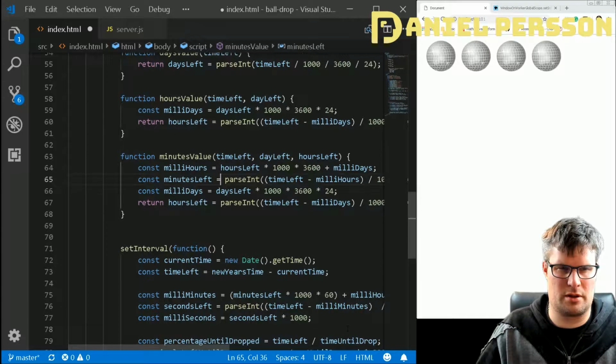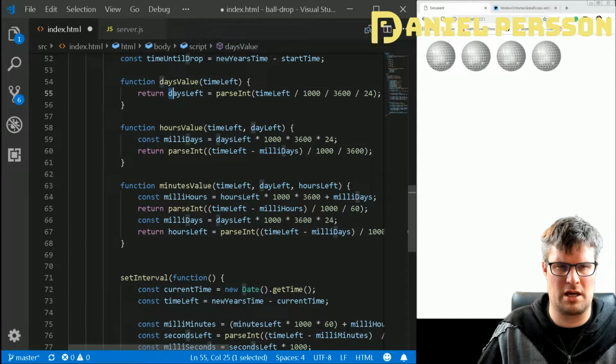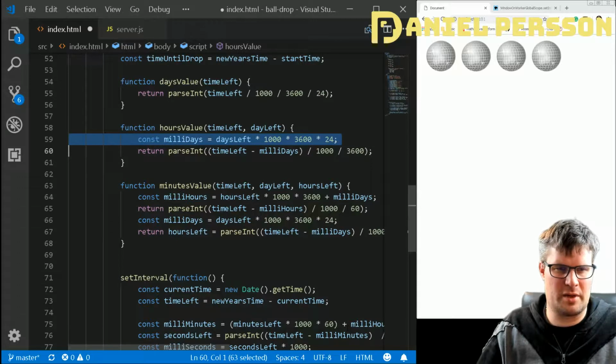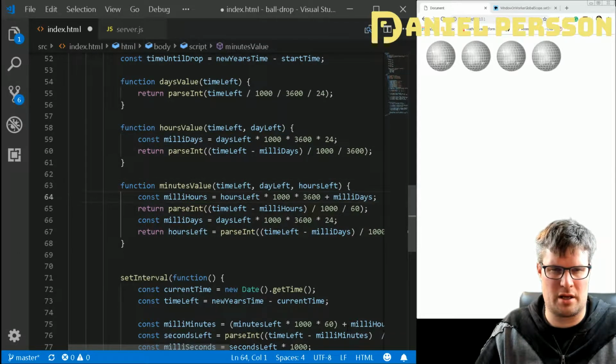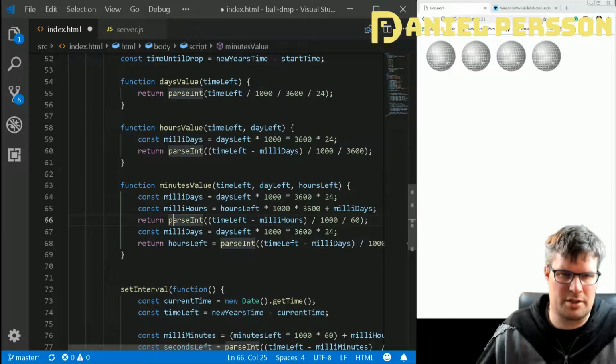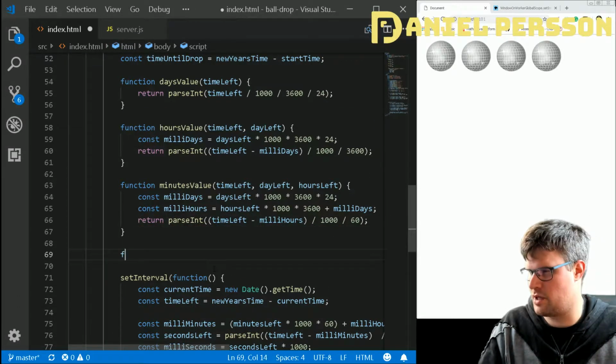Return that value. We remove these because we don't need the names. And then we need the actual millidays and milli-hours. We return that, and then we do the last function,